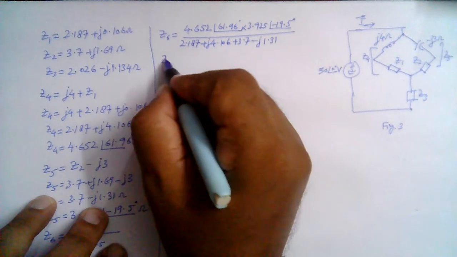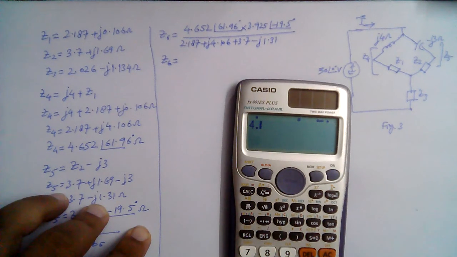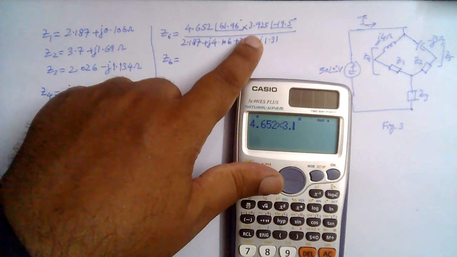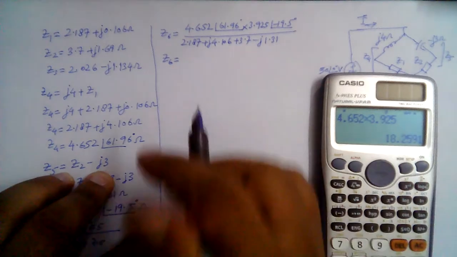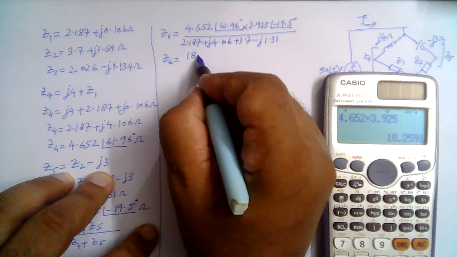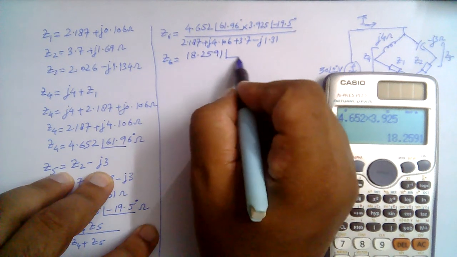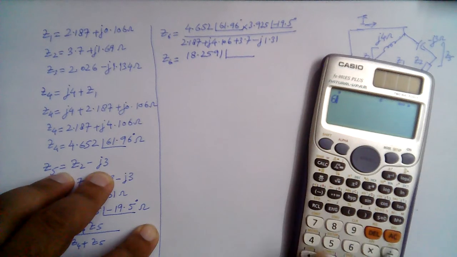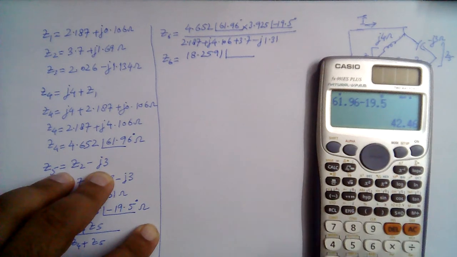So Z6 is equal to 4.652 multiplied by 3.925, and that is equal to 18.2591, and the angle is 61.96 minus 19.5, and the angle is 42.46